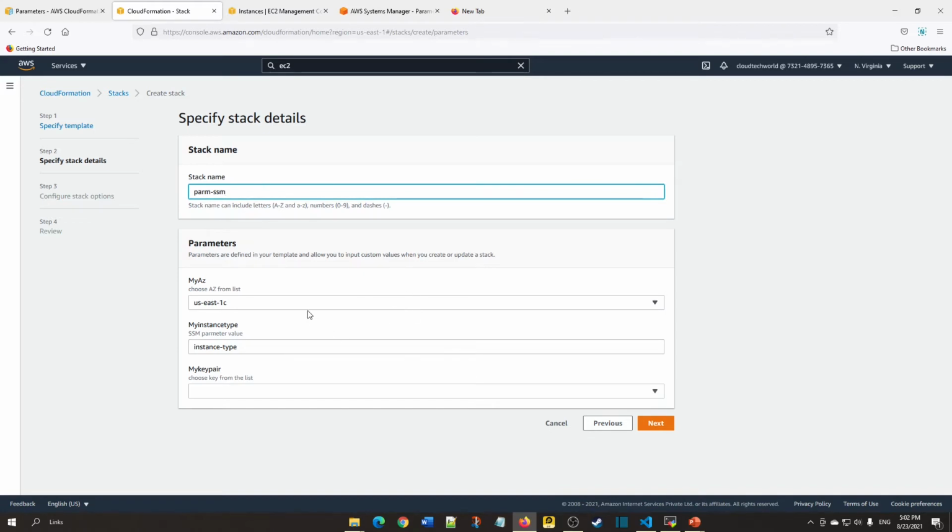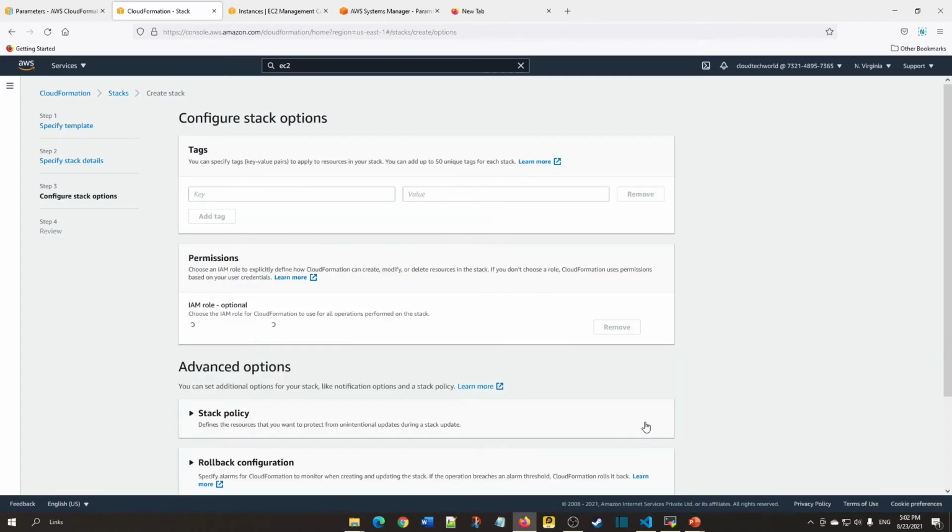Just for this demo, I'm giving any name. For the availability zone, you can choose anything. Leave the instance type as it is. The description we gave there, you can see here as well. For the keypair, I'm giving CTW demo. If you don't have a keypair, you can create one under the EC2 service.